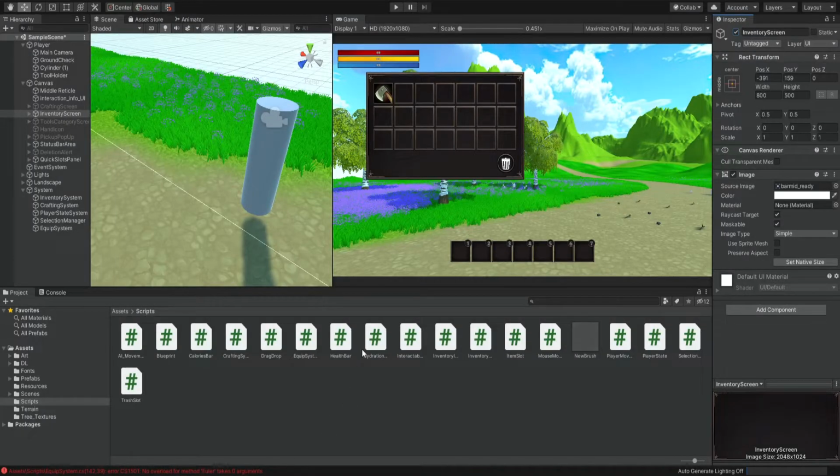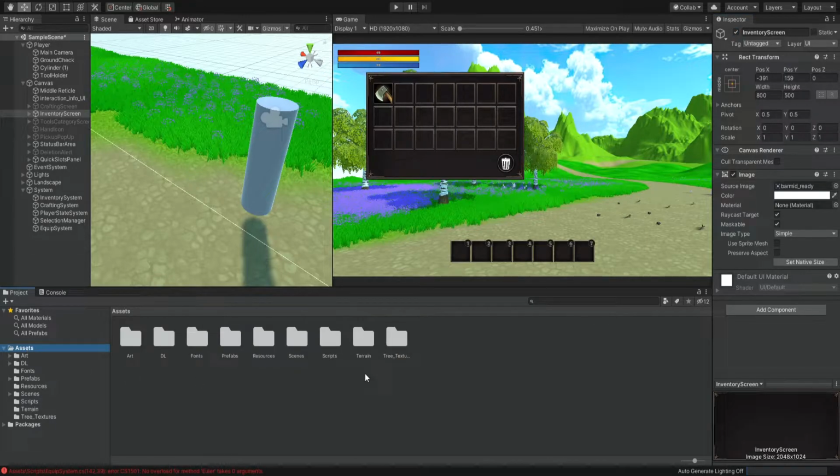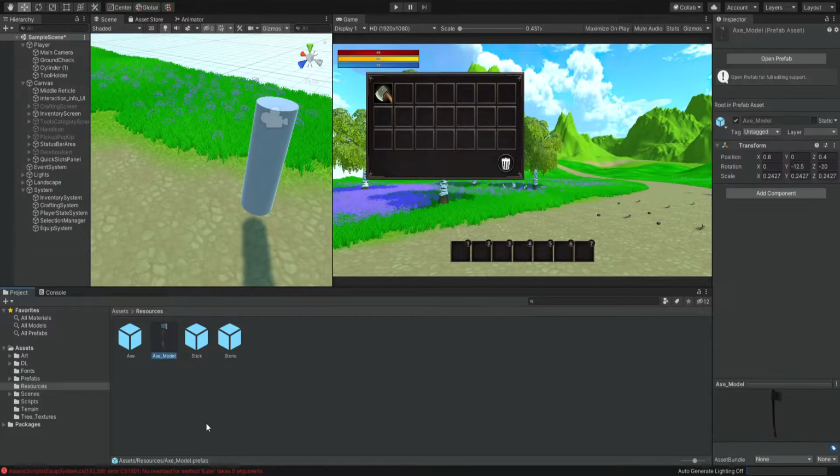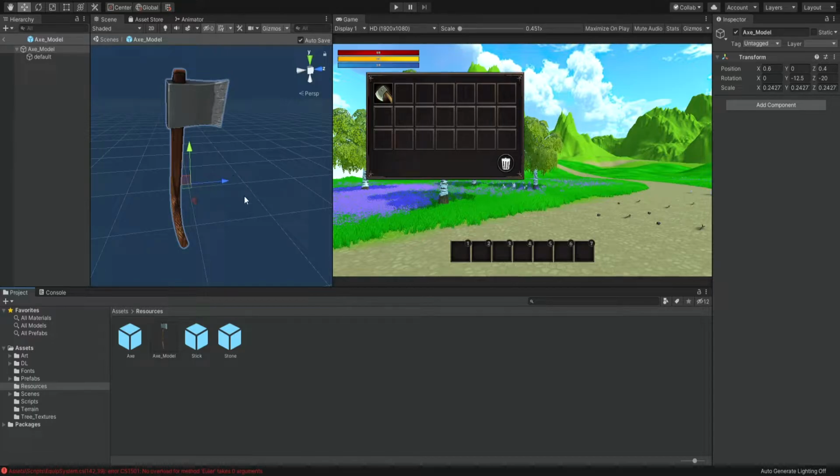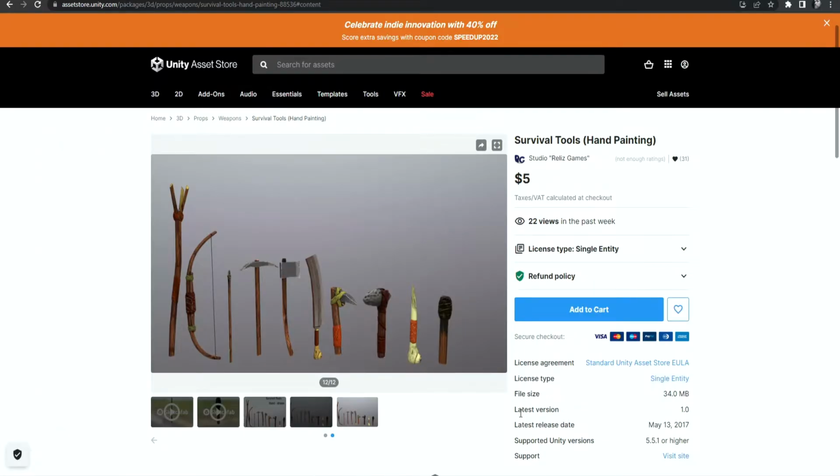Let's go back into the editor. And inside the assets folder, inside the resources, I have this axe model. Okay, so this is just an axe model that I got from an asset pack, and it's something I found in the asset store. It simply costs $5, so it's not expensive. And of course, I could take some time and try to build these models in Blender, but I really don't have time for this.